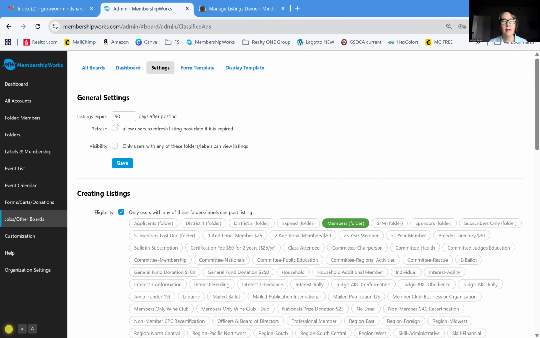All right. And the other thing up here at the top is you can determine how long the ad gets listed for. So if there's a fee for it, say it's $15, but it only lasts 90 days, after that 90 days, they would have to place another ad to run again for the additional time and the fee. You can allow them to refresh if it's expired, which means maybe there's only a one-time fee and they can keep refreshing their ad until the item is sold. And you can also have people